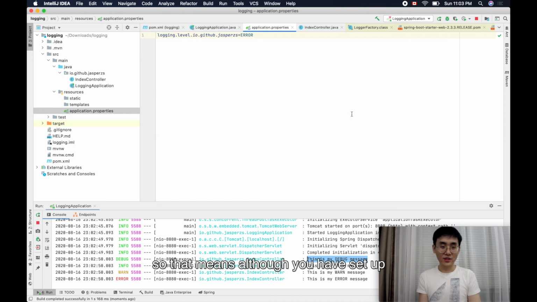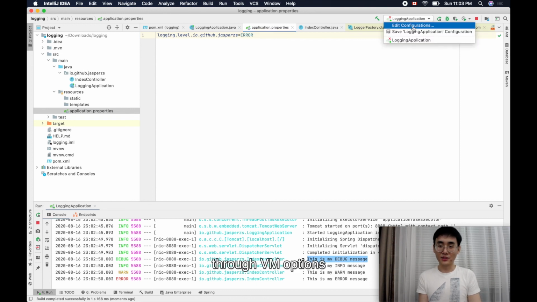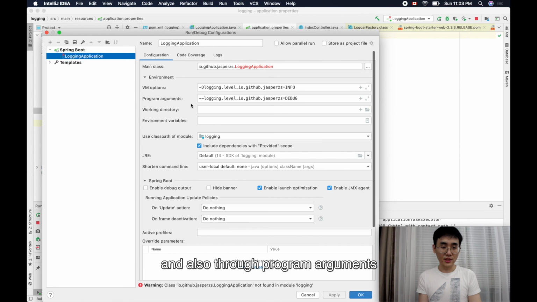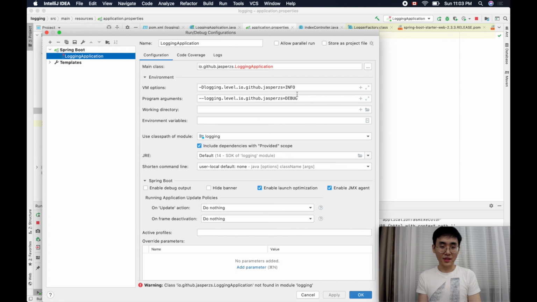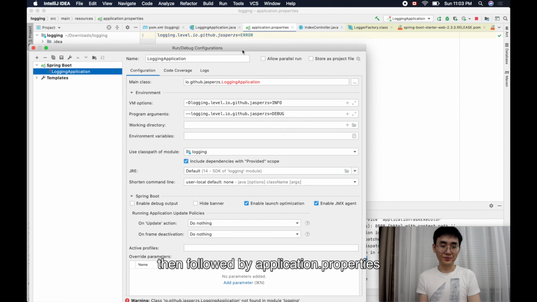for logs. So that means although you have set up your desired log levels through application.properties, through VM options, and also through program arguments, program arguments takes the highest precedence, followed by VM options, then followed by